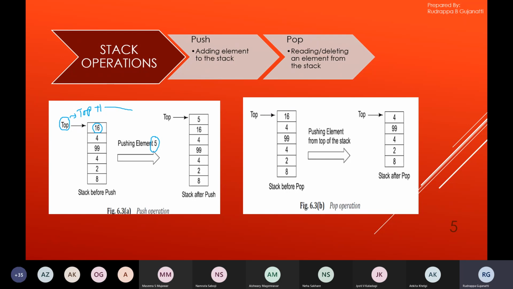This will update the address and that will be stored in the top pointer. This is pointing to the new memory location in the stack which is empty, and at that position this new element will be added to the stack. So this is the stack before push and this is the stack after the push operation is performed.